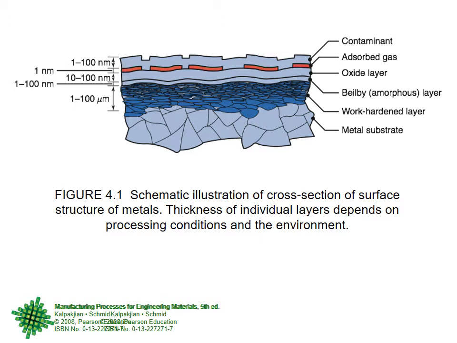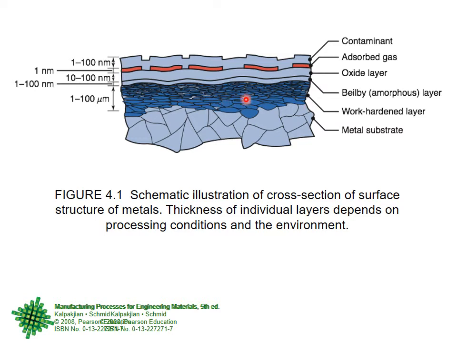And again, from your material science, when you have the stress strain diagram, there is a region called strain hardening, which means that if you apply loads at room temperature which go into the plastic region and then you remove the load, this straining of the material in cold condition has increased the hardness and strength of the material. So work hardening and strain hardening are the same words. So some layer of the top surface is strain hardened.